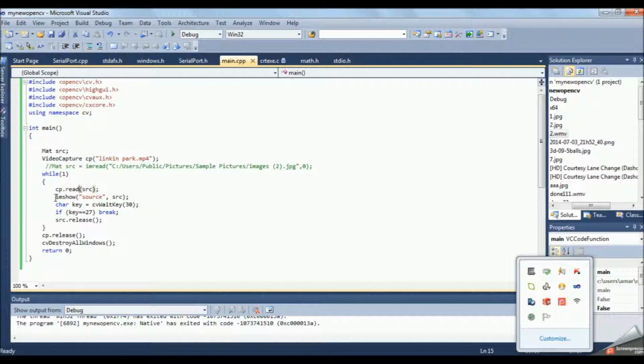And after that we are continuously displaying that image, or the captured frame. We know that on an average CPU, the rate of frame capture is about 20 to 30 captures per second. That is, in 1 second we can capture 20 to 30 frames, and it is quite a high rate.